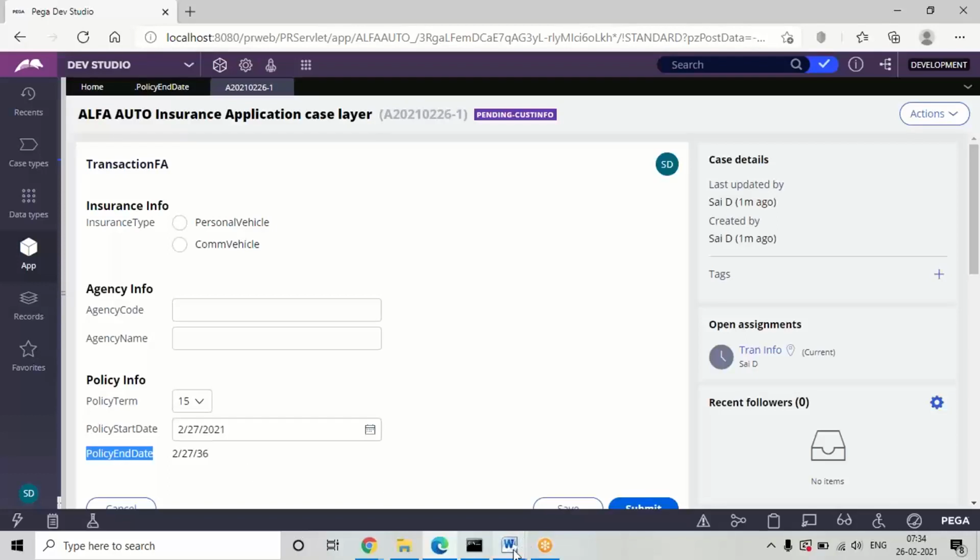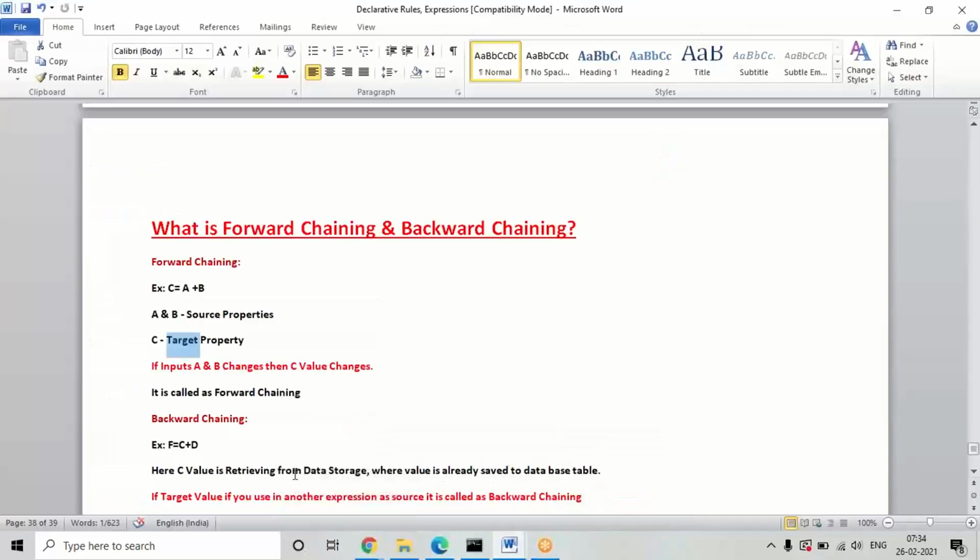Suppose in some other expression in real time, C is the target property here. If you're using the C property in some other expression as a source, then it is nothing but backward chaining, and D can be a direct input or that also can be taken from another expression. Directly we are not giving this input, right?